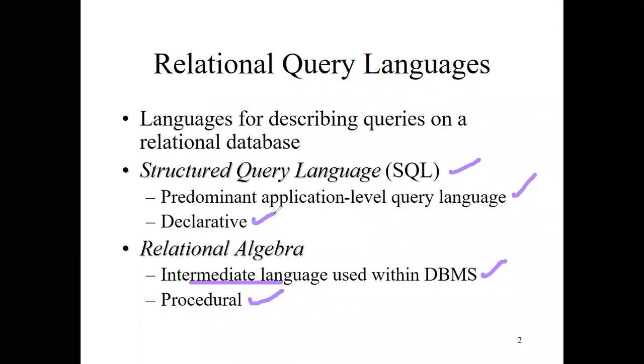When I say declarative in nature, non-procedural means a language that allows the user to state what data is needed rather than how it is to be retrieved. It is declarative, meaning it tells what data we have to fetch from the database, but it will not suggest how it has to be retrieved. That is the main difference between the non-procedural language and the procedural language.